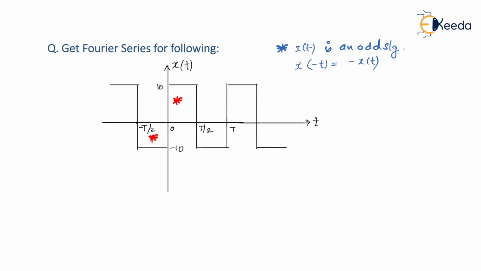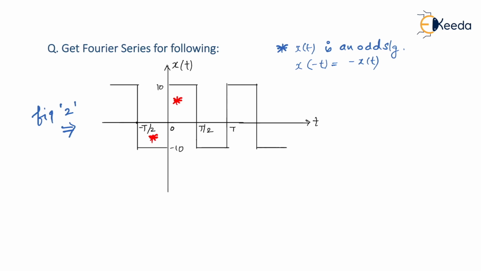Is that right? As we have seen in the previous video, we got the Fourier series for a square wave and we named that square wave as figure 1. Similarly, I'll label this square wave as figure 2. You have to remember figure 1 and figure 2 throughout this Fourier series session. Whenever I say figure 1, it means you have to recall the figure that we analyzed in the last video, and whenever I say figure number 2, it means I'm talking about this particular square wave which is odd in nature.